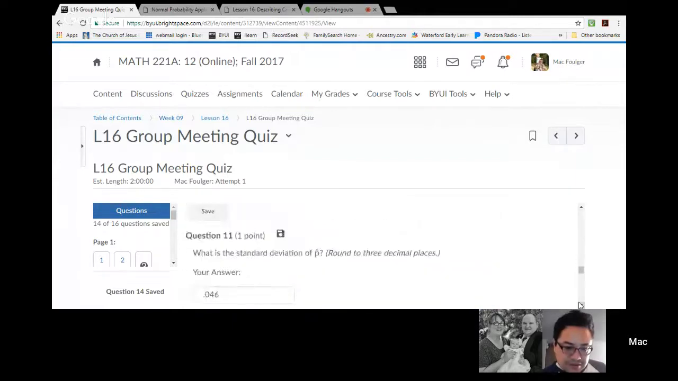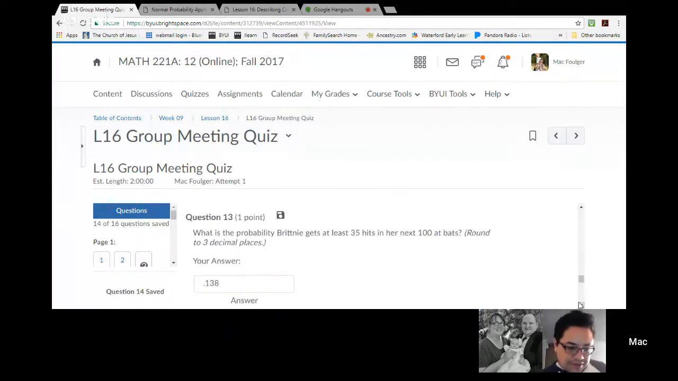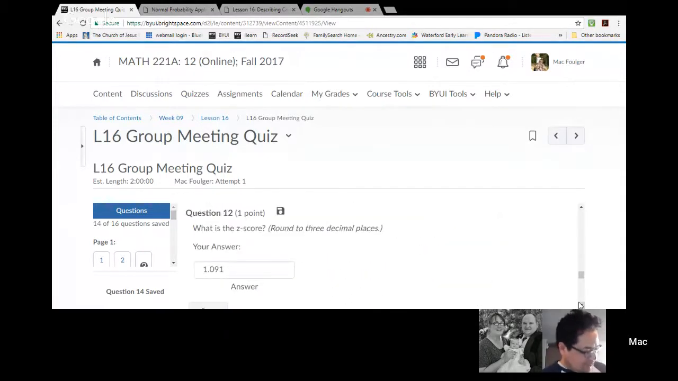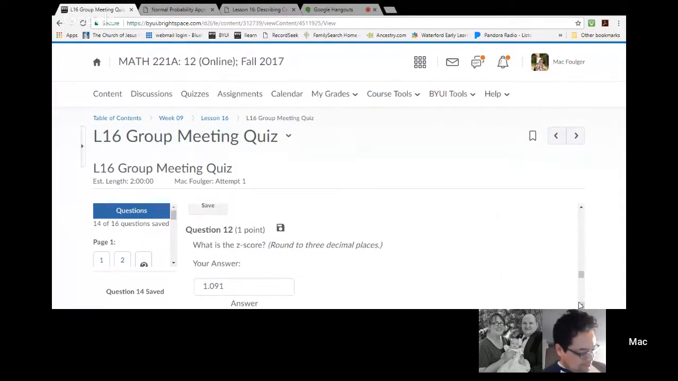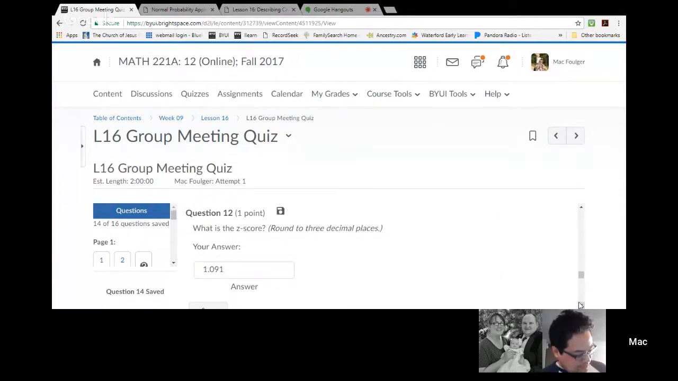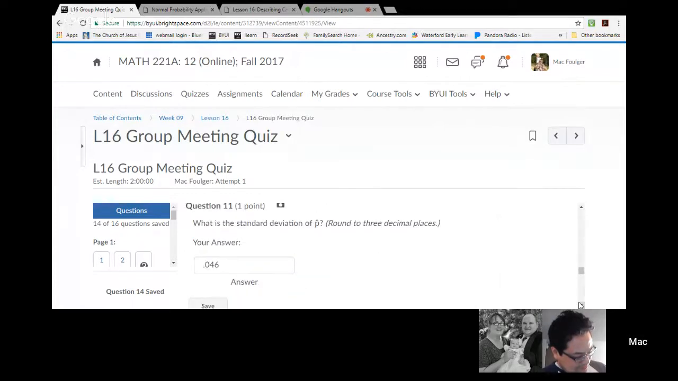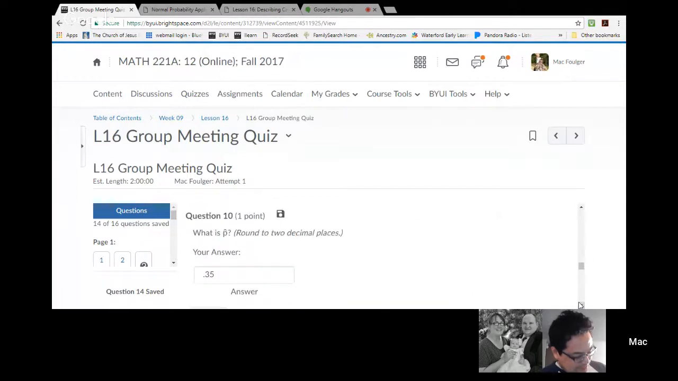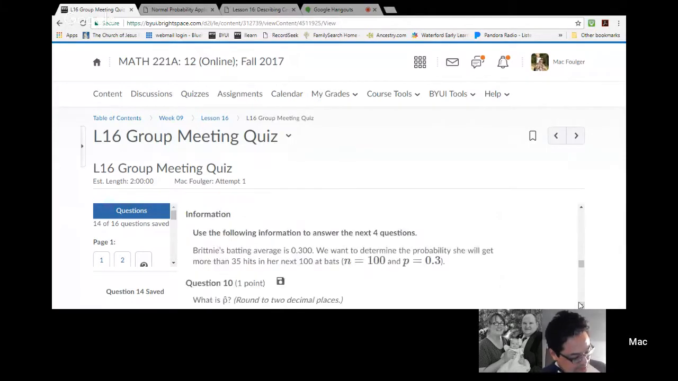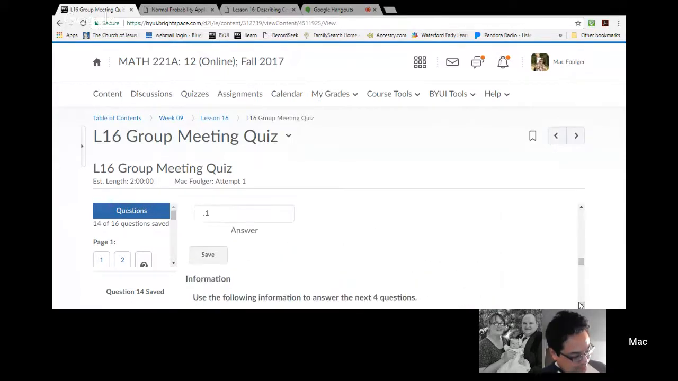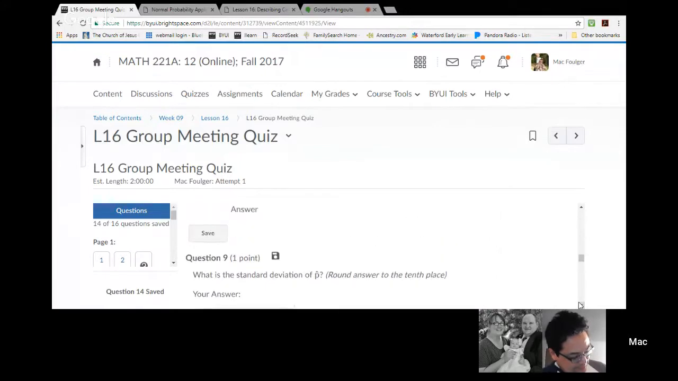0.138. Okay. How about number 12? 1.091. Okay. Or 1.087, depending what they choose to use. They'll do 0.91. Yeah. Okay, what's 11? 0.046. Okay, and 10 is 0.35? Yep. Okay, and then 9 is 0.1. Yep. And then 8 is